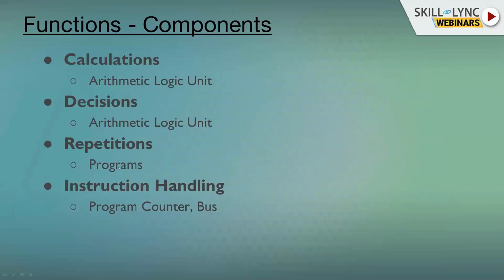This instruction handling decides which particular instruction needs to be executed by the digital computer, from where to take the data, how to merge this data, and how to process this data. All these things are done by specific components. In a digital computer, these two are the main components. There are other components also, but the main ones are the program counter, which tells which instruction is currently executing. Out of 100 instructions in the stored procedure, which instruction is currently executing.